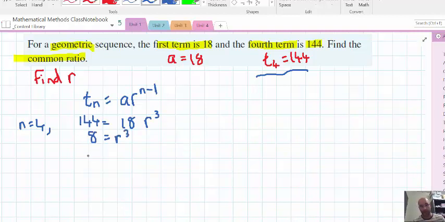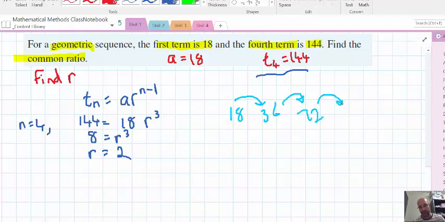Then we need to divide by 18, and r cubed is 8, so we've got the cube root of 8, which is 2. So the common ratio is 2. This particular one we could test too, because it should go 18, 36, 72 and 144, so that one's quite easy to test. So geometric